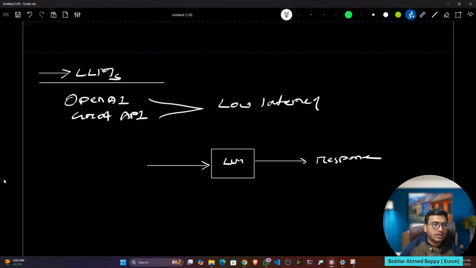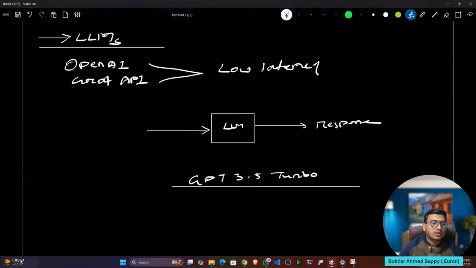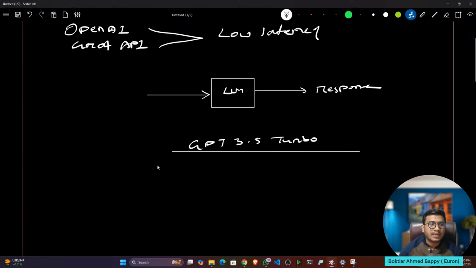And one thing, whenever I want to use any OpenAI model, let's say I want to use the GPT 3.5 Turbo model, now tell me, should I download this model on our system, or can I directly access it through the API on the OpenAI server? So I think you already know that. We have the OpenAI API key.